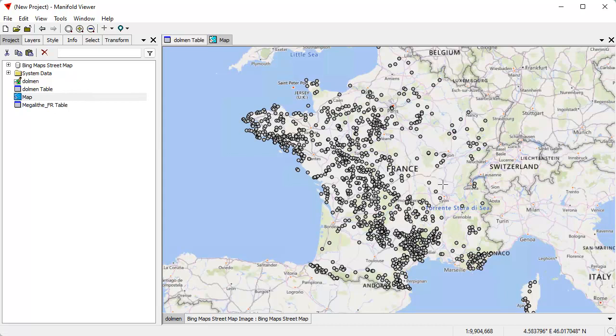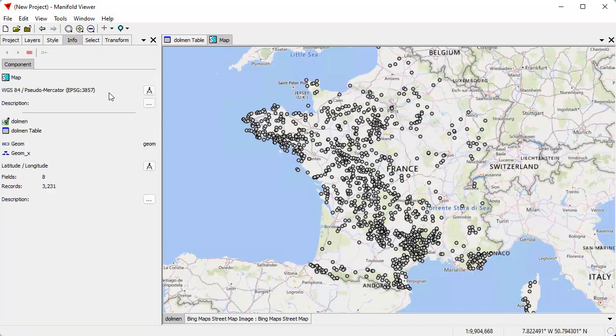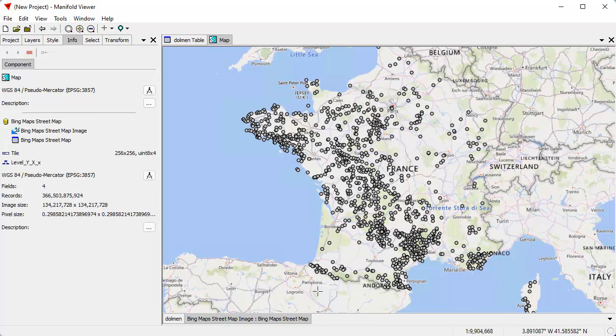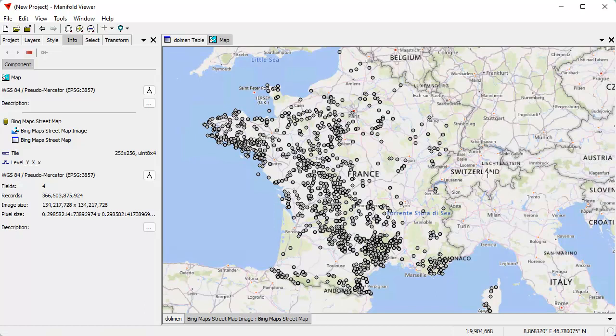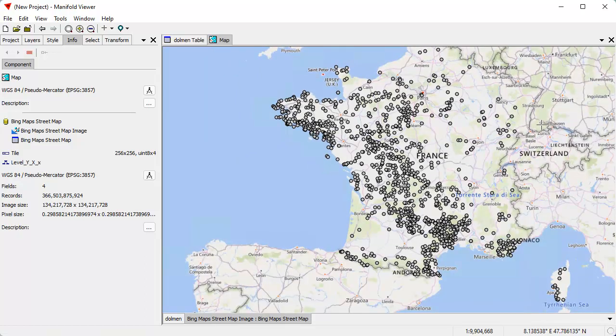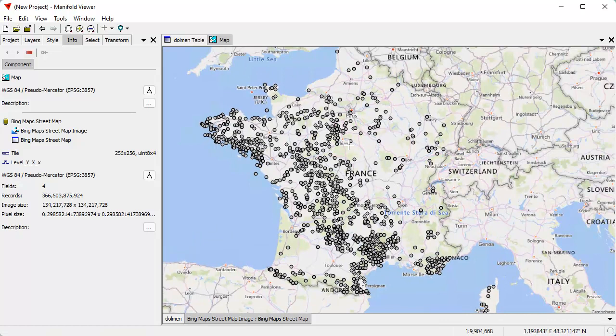What it's doing here is it's taking the dolmen drawing, which is in latitude and longitude, and dynamically reprojecting it on the fly to show it within this map, because the map, if I click here on the info pane, is in pseudo-Mercator, but that dolmen layer is in latitude and longitude. Pseudo-Mercator is a more convenient projection for a map to use, because all the big base layers that you get for free from the web, like Bing Street Maps and Google and all that, are all in pseudo-Mercator. So if you want all these letters and everything to come out looking right when you're using something like Bing or Google or OpenStreetMap as a base layer, you want your map to be in pseudo-Mercator, and